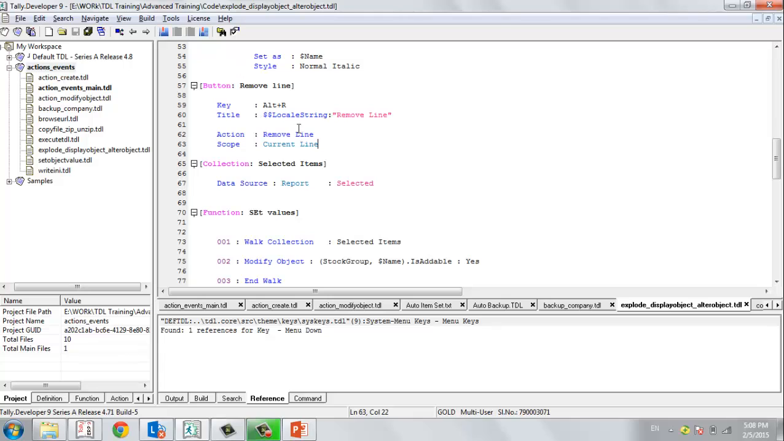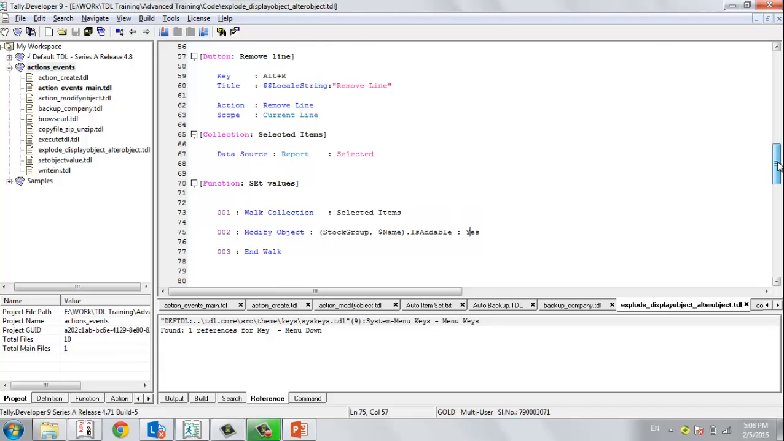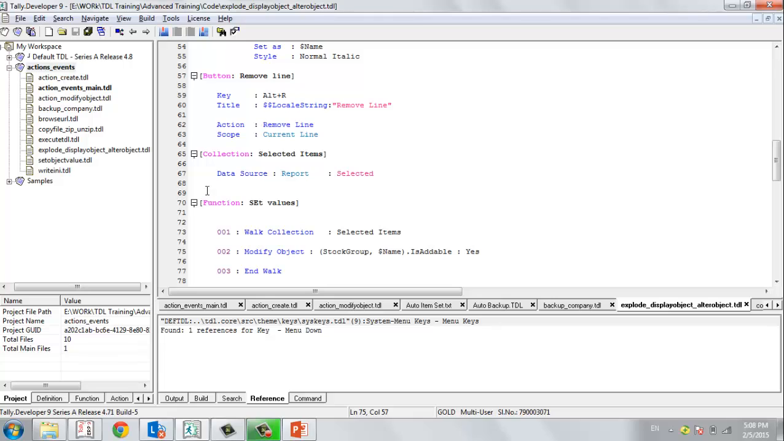So here I showed how to remove line. Now instead of action remove line, what I want to do is call a function where, whatever stock groups I select, I want to modify one of its methods into some value. So right now in my function I am modifying the method is addable at the stock group level to yes. So first what I have to do is,